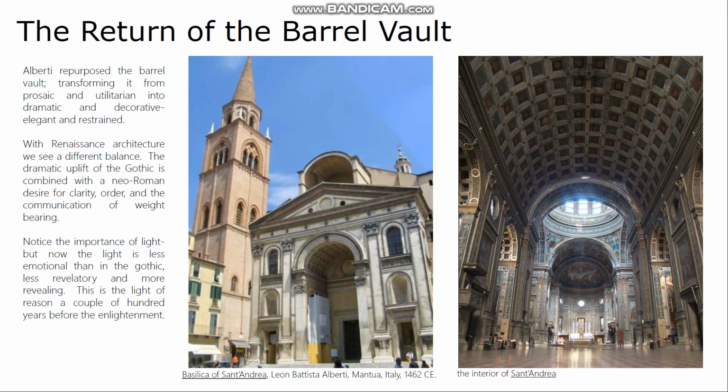So we're now moving towards more modern times, and we're beginning to talk about architecture from the Renaissance. And in terms of engineering, I just want to point out that in the Renaissance we have a move a little bit away from these complicated vaulting systems like the Gothic, and a return in some ways to a much simpler vaulting system, the barrel vault, which is a simpler form. That's partially because the architects of the Renaissance wanted to return to what they saw as the simplicity and the order of the classical Greek and Roman